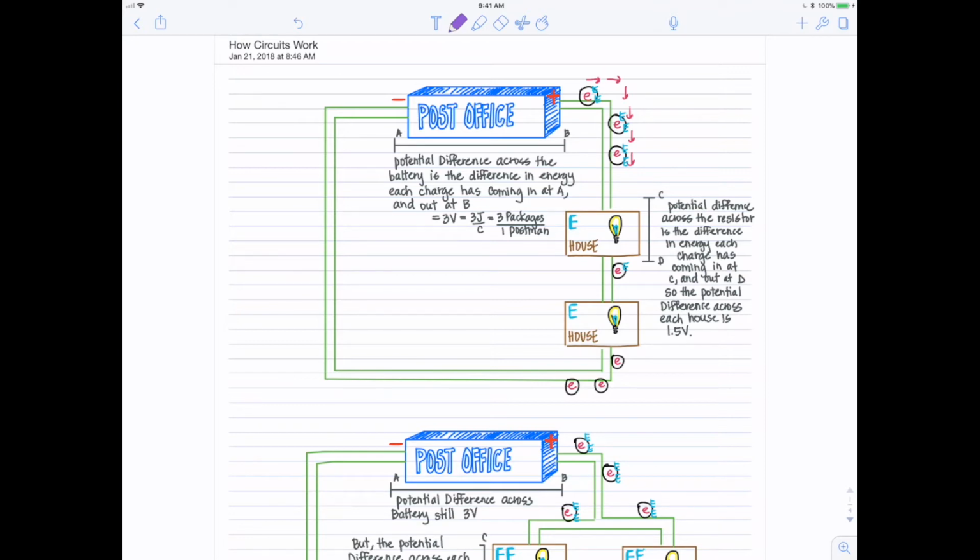So the analogy was that the postmen who are already on this path, just as the electrons or the charges are already part of the circuit, start to move on the path as soon as the path has a post office connected to it. In the same way, current will start to flow in the circuit as soon as we have a battery or a power source with an electrical potential difference across it. So electrical potential difference causes the current to flow, just like the pipe analogy we used in class,